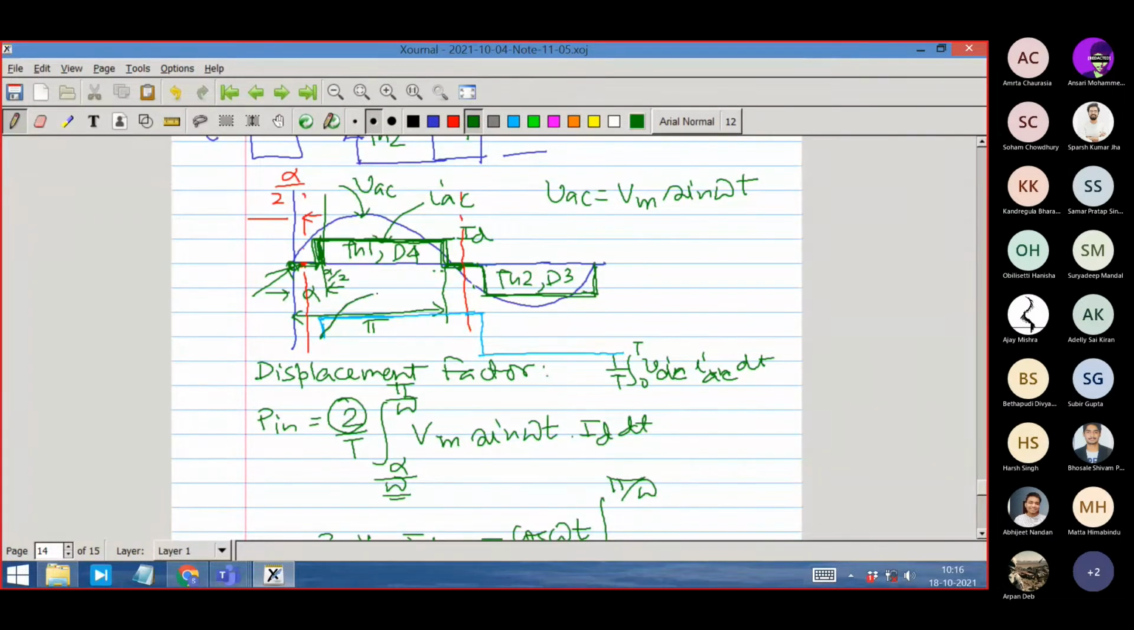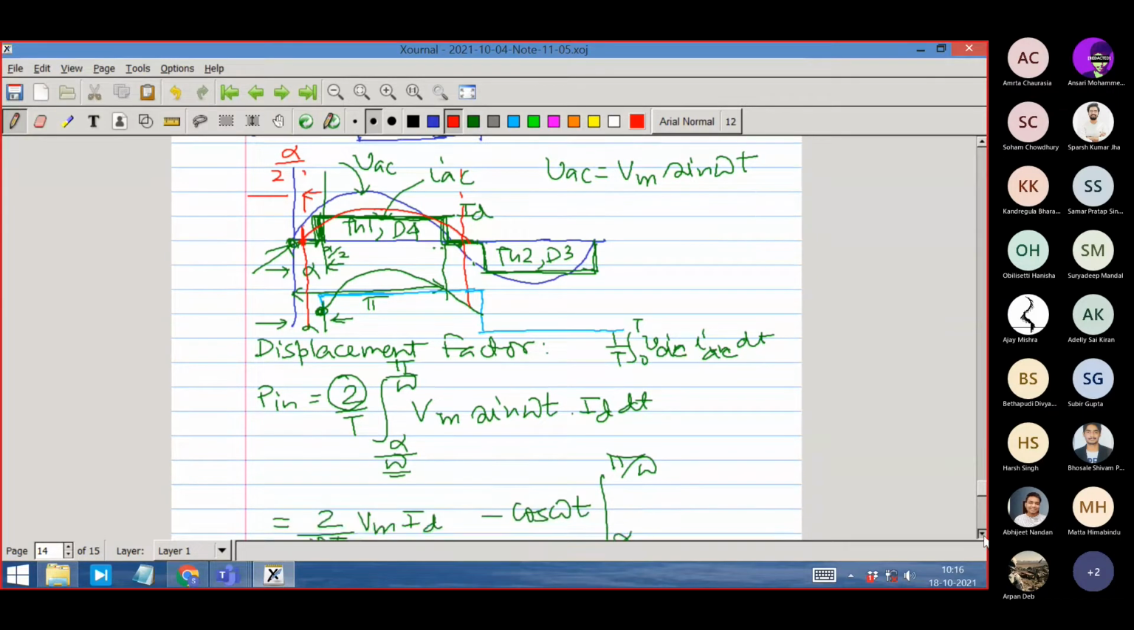So the fundamental is shifted from the original by an angle alpha. Whereas in this case, the fundamental has come here. This is the fundamental, it has come. So the angular shift with respect to the voltage zero is now alpha by 2. This is alpha by 2. Okay, so this is how by observation itself you can get the idea that